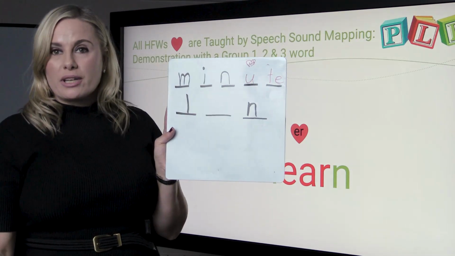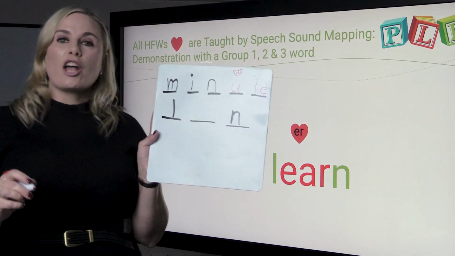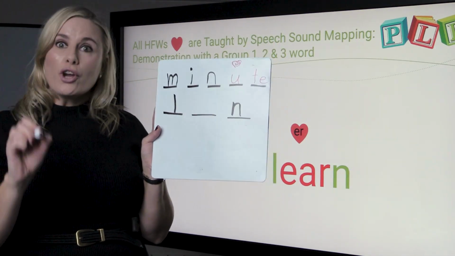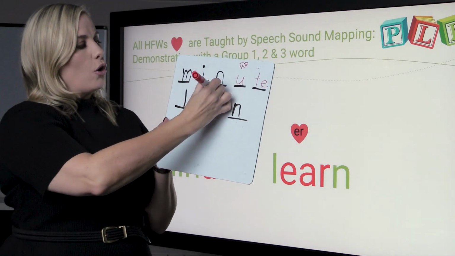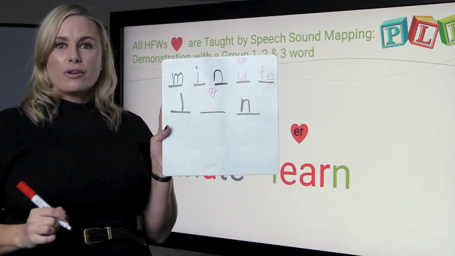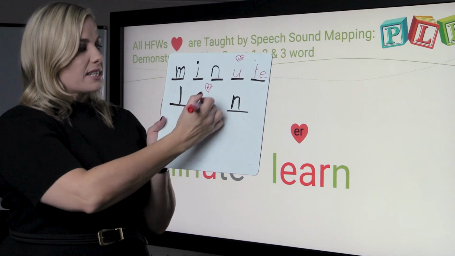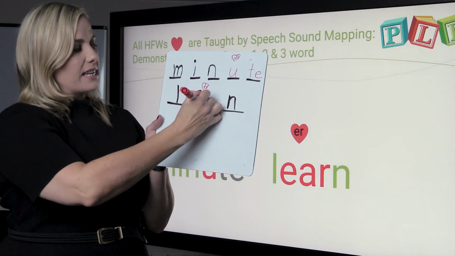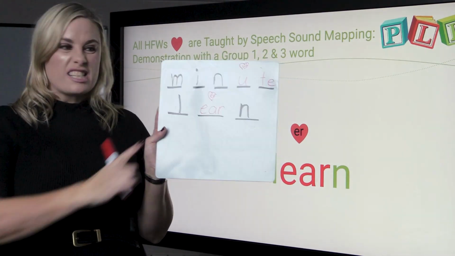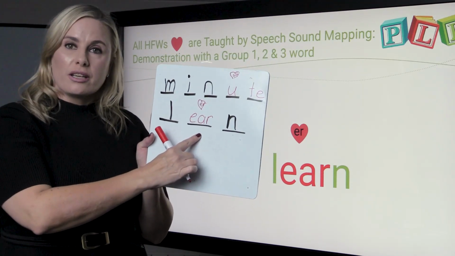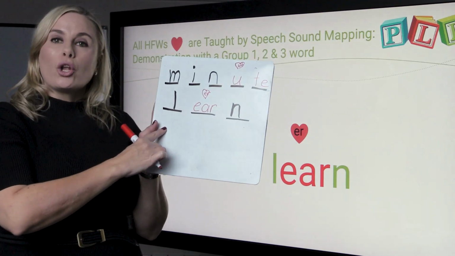Now we're going to map the irregular part. This is a sound that we haven't quite learnt. We've learnt the sound but we've learnt it as of her. And now we're going to apply it with these 3 letters, E, A and R, which can also say this. This is a pattern you haven't quite learnt yet. The word is learn,